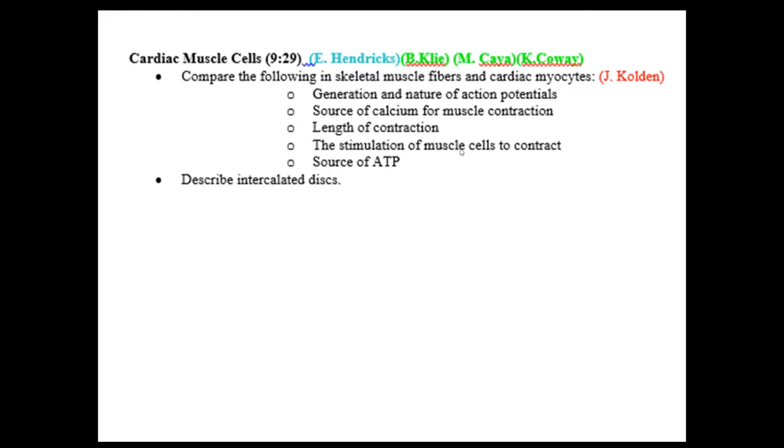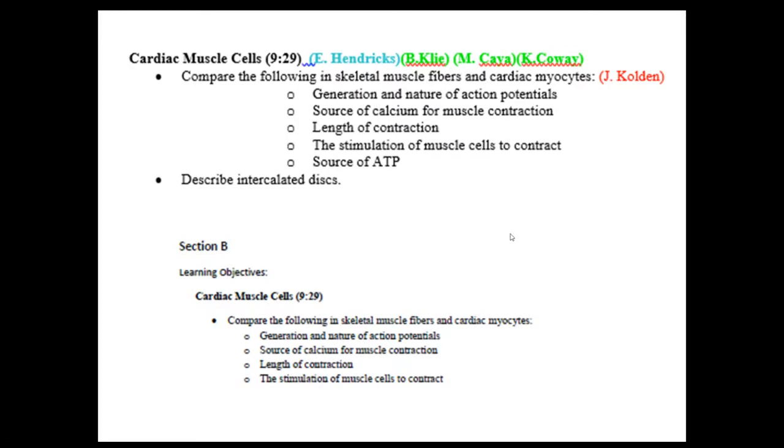I want you to compare the two with respect to how action potentials are generated in skeletal muscle cells versus cardiac muscle cells. What's the source of calcium for muscle contraction in cardiac muscle cells? What's the length of contraction of cardiac muscle cells versus skeletal muscle cells? What stimulates muscle cells to contract, skeletal versus cardiac? And what are their sources of ATP? Are all these the same? Are they different? So turn with me in the handout that I emailed to you